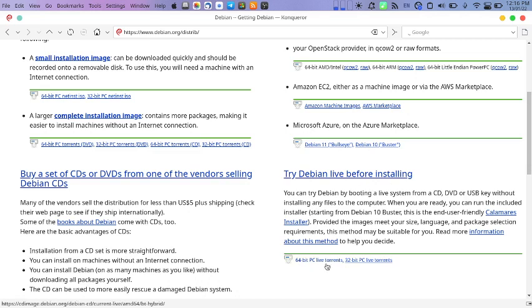For the live bootable DVD or CD, there are two options: 64-bit live torrents and 32-bit live torrents. This live CD DVD uses the Calamares installer, which is far simpler and easier to install than the default installer which used to come earlier, till Debian Buster.